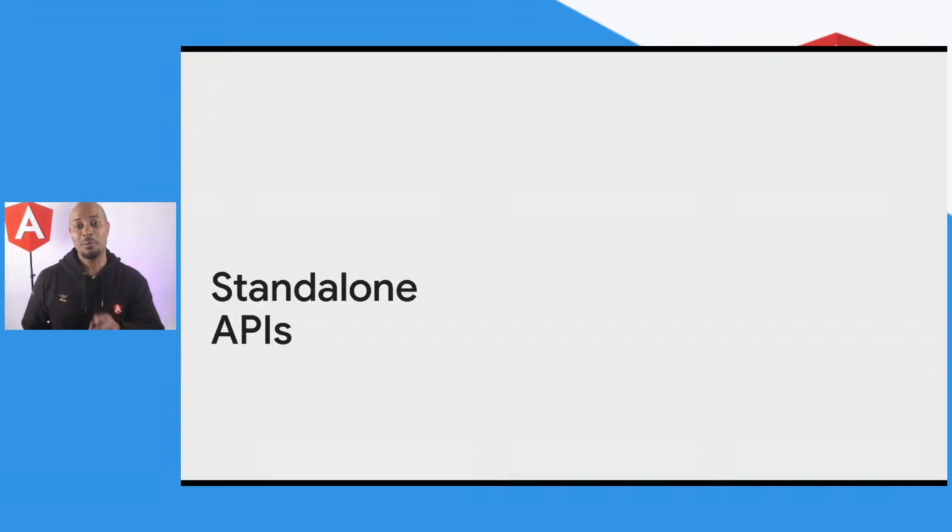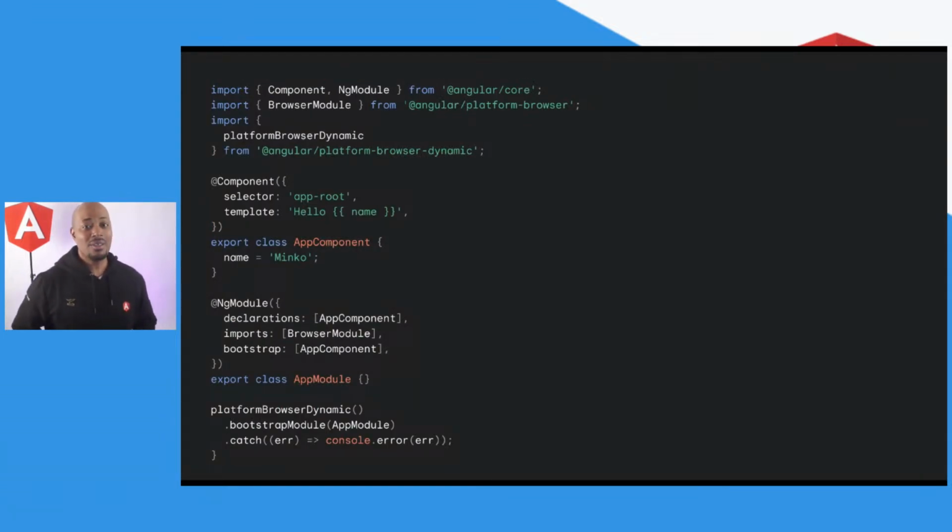So let's actually jump into some of the latest features that you can expect to be using in v16, such as the updates around standalone APIs. Now, I know y'all love some standalone APIs. Y'all been asking for it, and you don't want modules in your code, or you want fewer modules. And so things have been getting better. And we like to use the language standalone APIs because people were saying standalone components for a while. And remember, standalone components, pipes, and directives. So if you haven't been taking advantage of those APIs for standalone, be sure to do so.